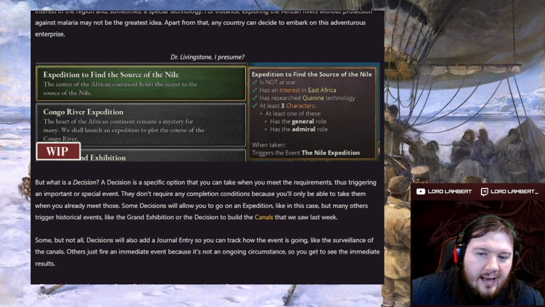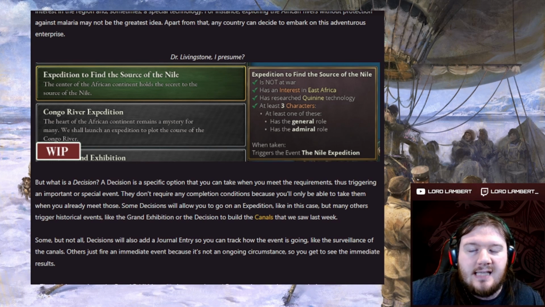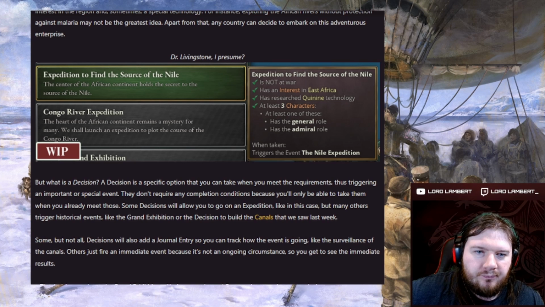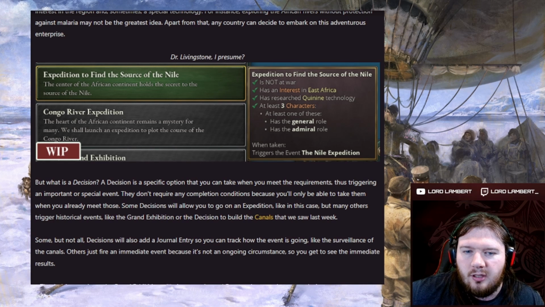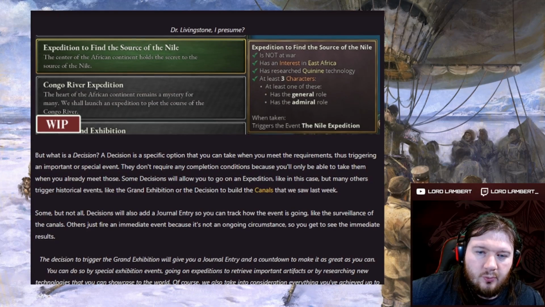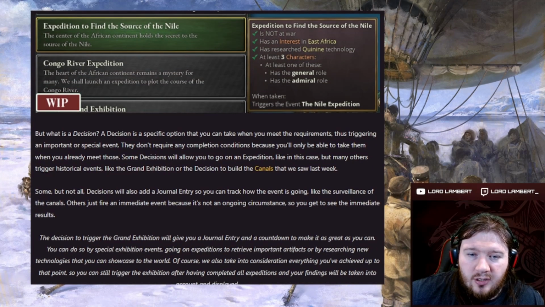Beautiful. That had to be there. That is the quintessential explorer. It's Ian Livingstone. I'm not going to make an ass of myself by saying Dr. Ian Livingstone. Pretty sure. I probably should have looked it up before I did the video, but whatever, we're going with it. He is the quintessential explorer, right? You can't really think of exploration in this period without him being the one that you think about. But we also have there the Congo River Expedition and something exhibition, whatever that exhibition is, that we can just sort of see a little bit of.